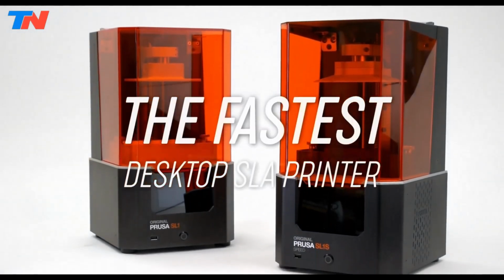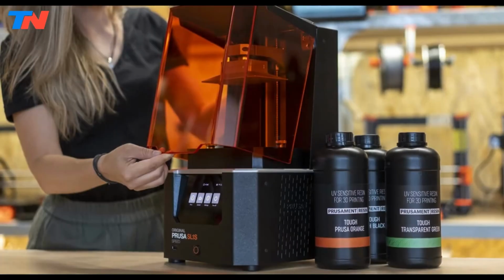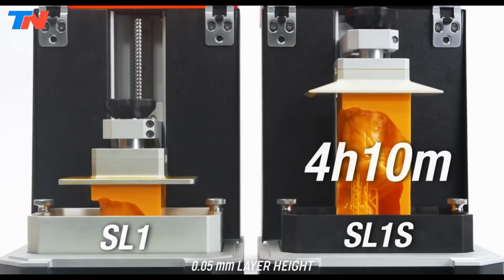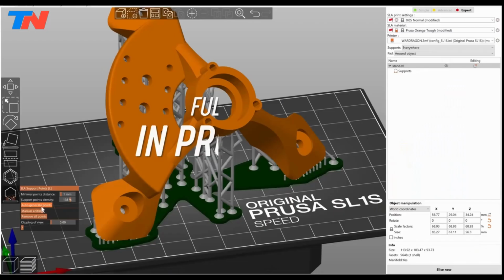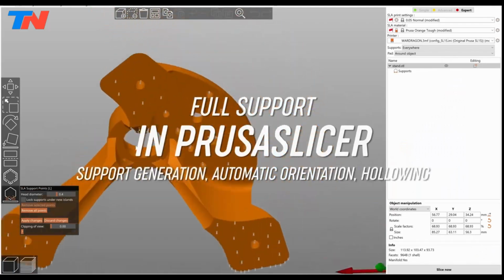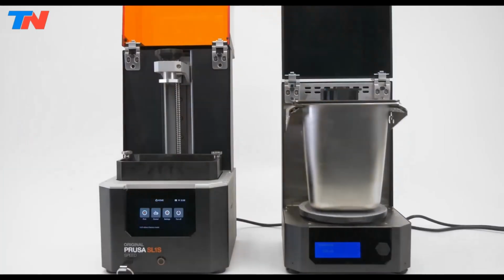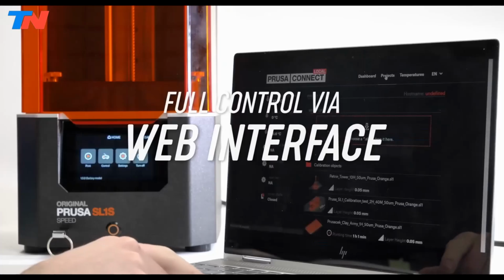jewelry design, dentistry, and small metal parts. It offers fast exposure times, exceptional layer consistency, and seamless integration with the powerful Prusa Slicer software, making it a refined and efficient system. When combined with a metal casting setup, it forms an affordable, professional-grade workflow for producing real